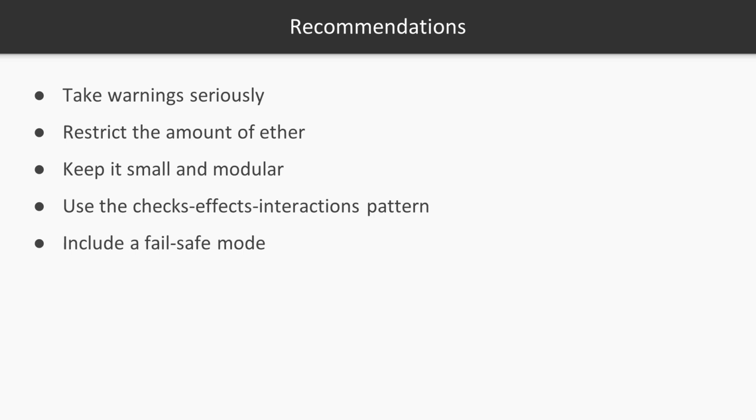Finally, include a fail-safe mode. What does that mean? While making your system fully decentralized removes any intermediary, it might be a good idea, especially for new code, to include some kind of fail-safe mechanism. You can do it in different ways. You can add a function in your smart contract that performs some self-checks, like: has any ether leaked? Is the sum of the tokens equal to the balance of the contract, or similar things?